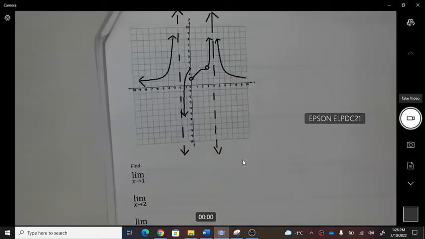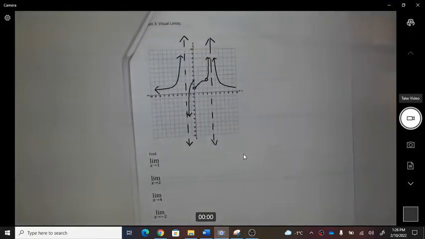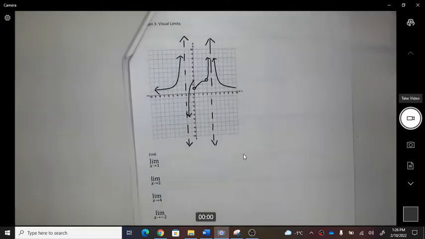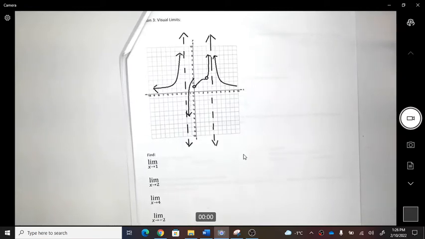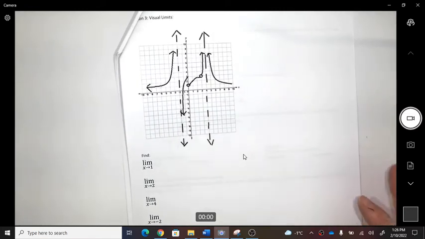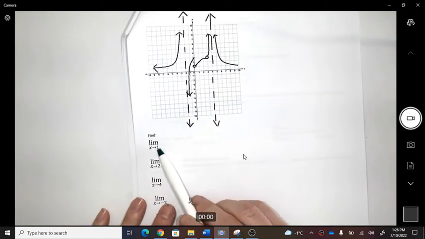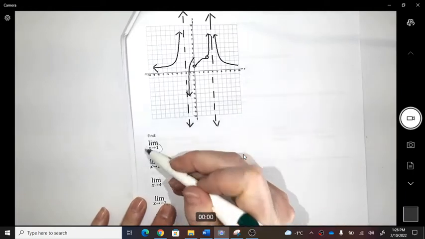Okay, today we're going to do limits while just looking at the graph of it and not the equation of it. Okay, so I want you to think about limits as following a road and you're getting closer to an intersection. And your intersection is the x value. Okay, so this says as we get closer to 1,